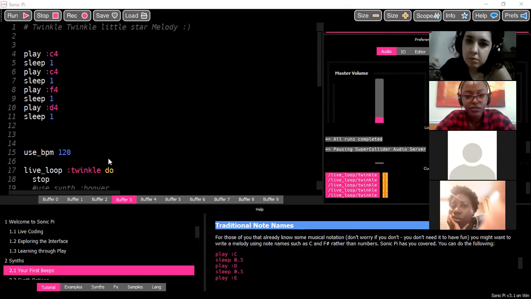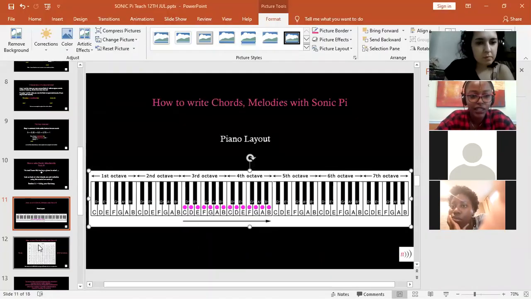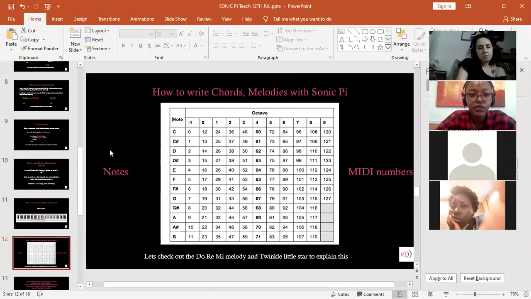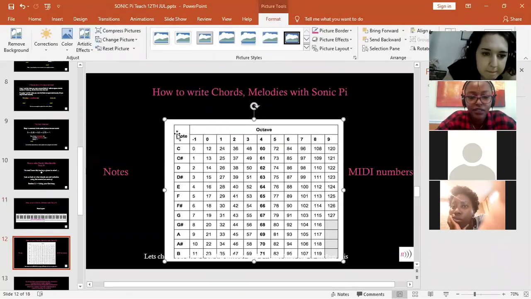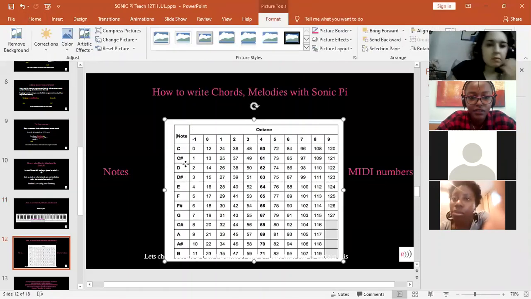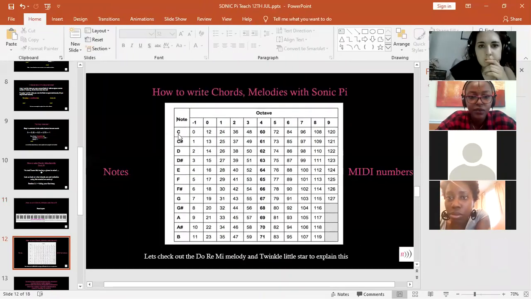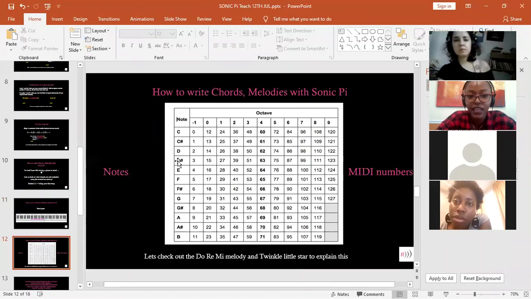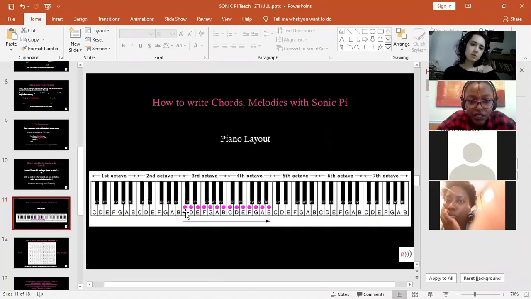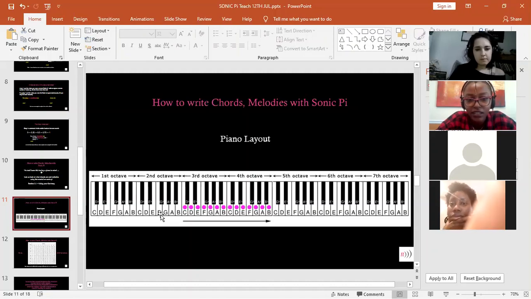So now let's go into this so that I can explain what that was. On this side, we have the letter names of what would be on a piano. For example, here we have C, D, E, like that, which repeats after each and every octave. C, D, E, F, G, A, B, then repeats again throughout the piano through different octaves from 1